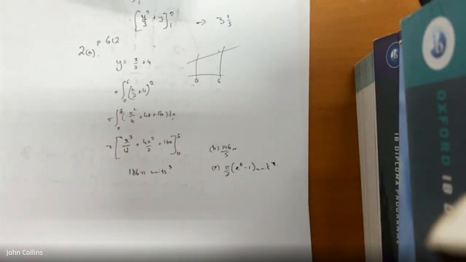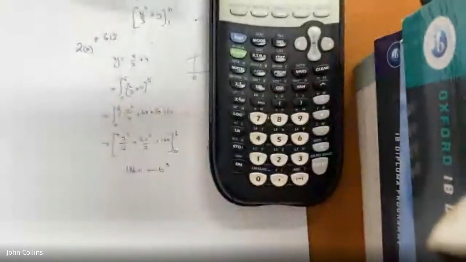E to the power of 8, minus 1, and then divided by 8. Yeah, I think it's the same thing. Okay. Sweet. All right,